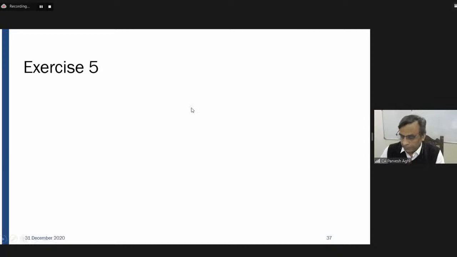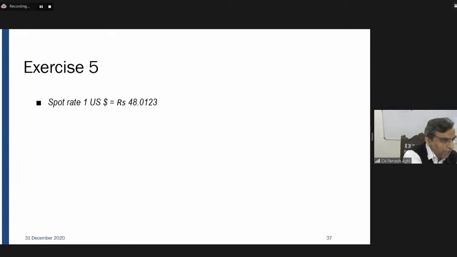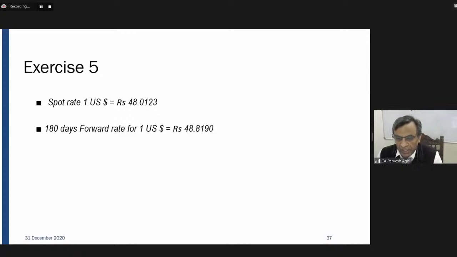Now, in this question, it is given that the spot rate of US dollar is 48 rupees. The figure is given to you. It is 48.0123. So the spot rate is given for US dollar. Now, this is a pretty old quotation. Then 180 days forward rate for US $1 is